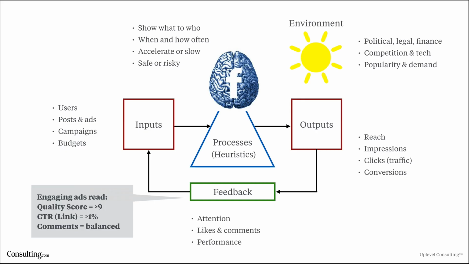Now, when you do this, here's how you influence the system. So when you have engaging ads, let's say you input your ad and Facebook's algorithm runs its processes, it chooses who to give it delivery to, and then people see it, like it, click on it, and whatnot. That's the output. Then that's going to come back round through the feedback mechanism and change the ad and its future. And when the feedback comes through the Facebook algorithm and you're using a really engaging ad, let's say you're using a Trojan horse style strategy with a really good ad, well, your quality score is going to look like